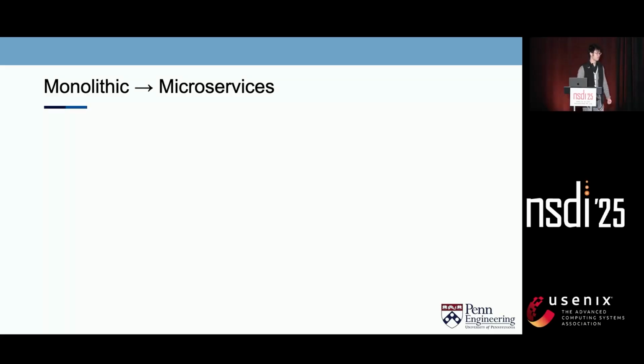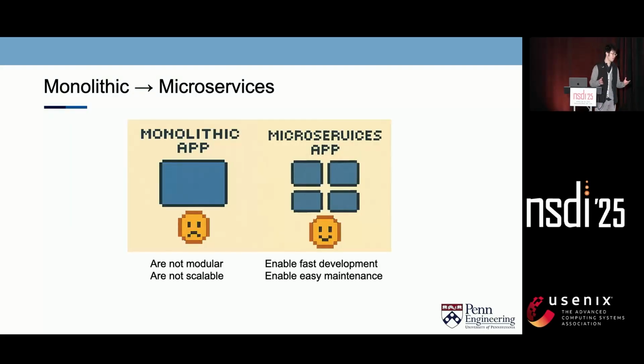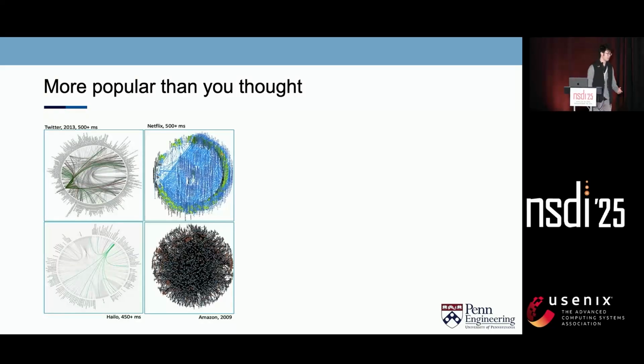First, let's start with what microservices are and why we care about overload. Microservices is a cloud application paradigm, as opposed to traditional monolithic applications, where a huge cloud application is broken down into smaller pieces and handed over to different teams for faster development and easier maintenance. It is more modular and scalable, and that's why it has long been adopted by large tech companies like Twitter, Meta, Netflix, Google, Amazon, Alibaba, etc.